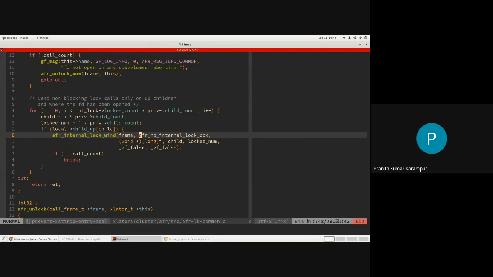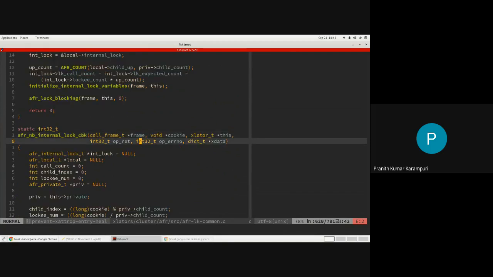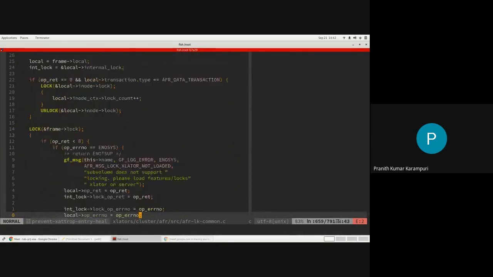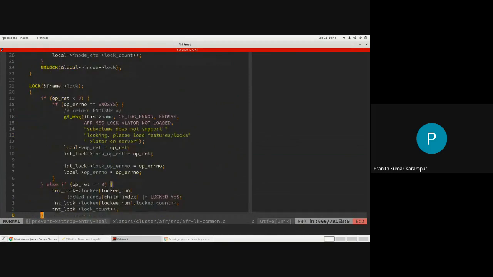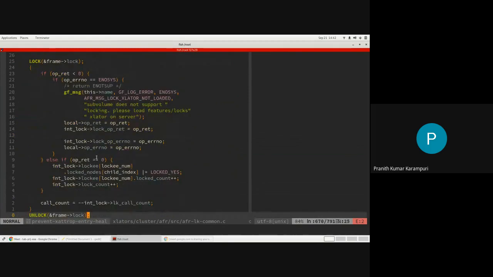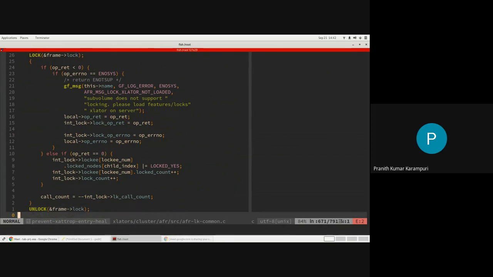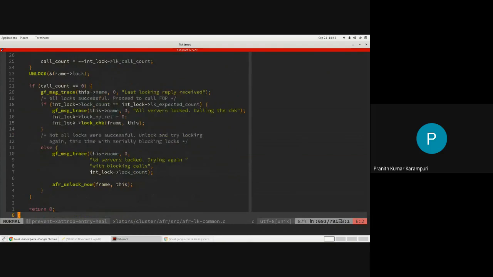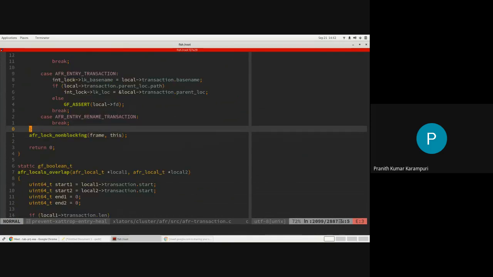Once the operation is done, it will come here, and if the operation is successful, it will be 0. Otherwise, there will be an error. Then there is a concept called lock cookie, which I will come to.